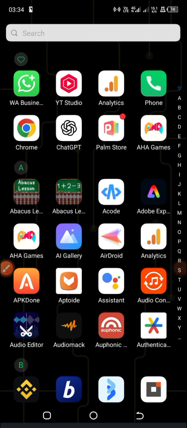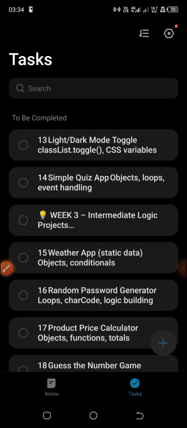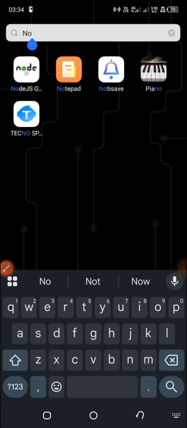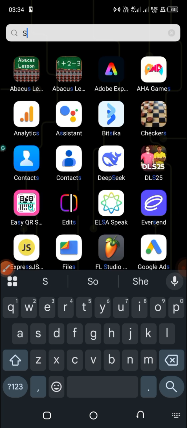Today is the 13th day of our coding challenge using mobile phone, and our task for today is going to be a light and dark mode toggle. So this is going to be very simple. What we are going to do is let's come over here and search for SPC,